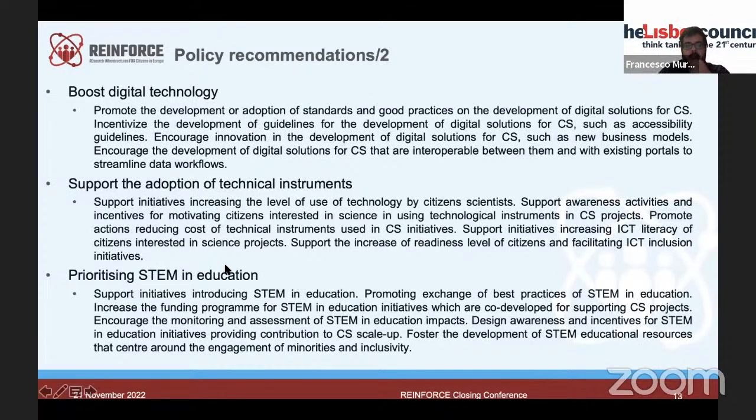Here, very important is, for instance, prioritizing STEM in education. In fact, only if science, technology, mathematics are pushed in education, then citizen science itself, especially in research infrastructure, will be pushed downstream. And this will be done also promoting exchanges of best practices and increasing, for instance, the funding.